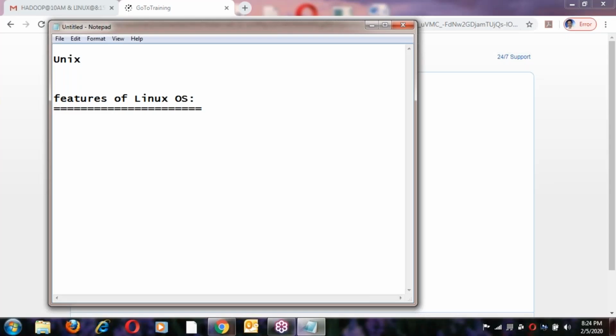Unix is an open source operating system. Since it's open source, from the beginning it's been open source. So because of its open source nature,